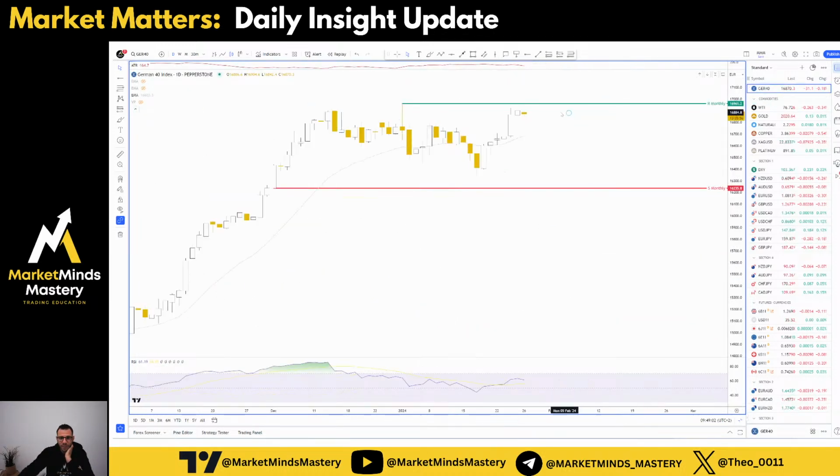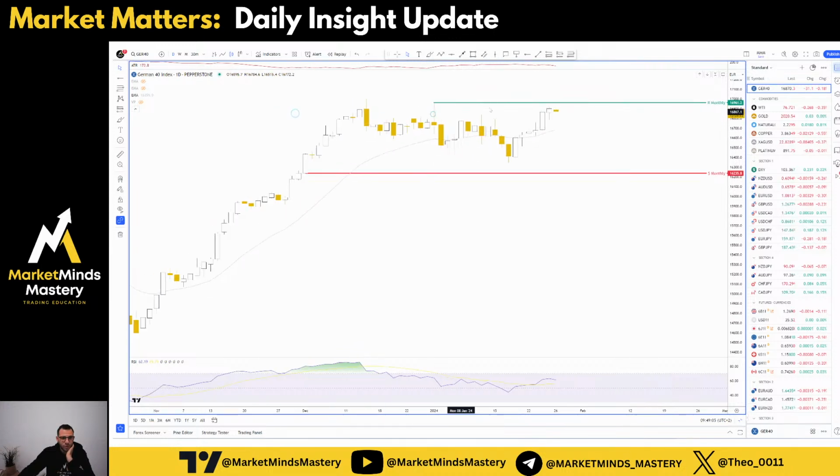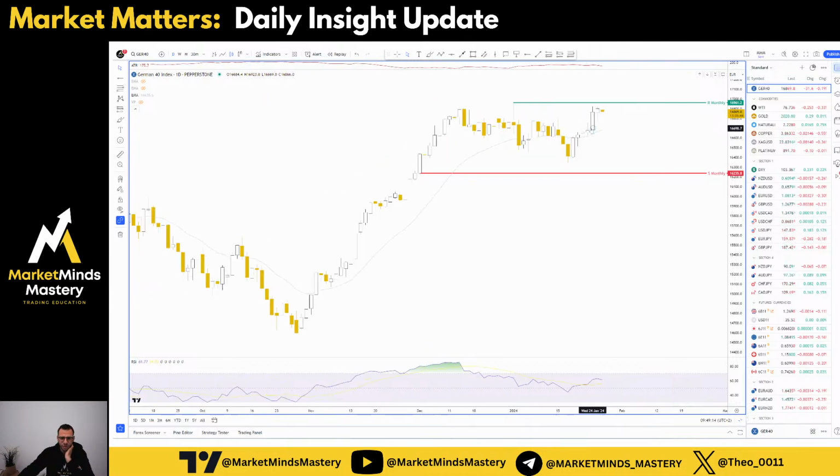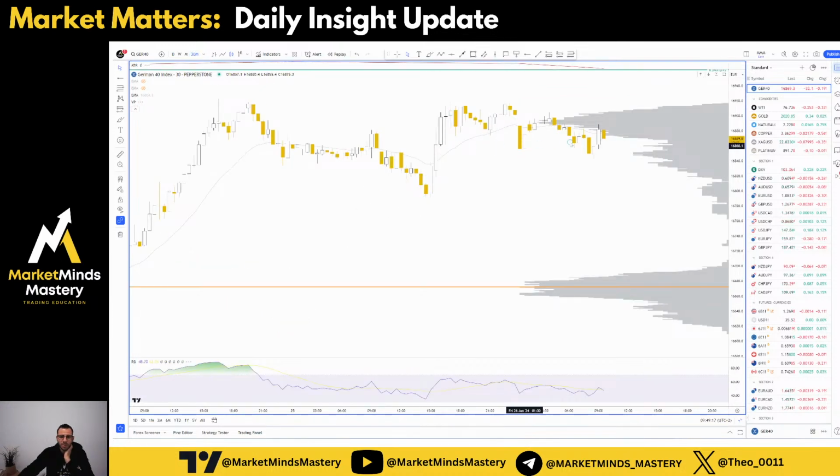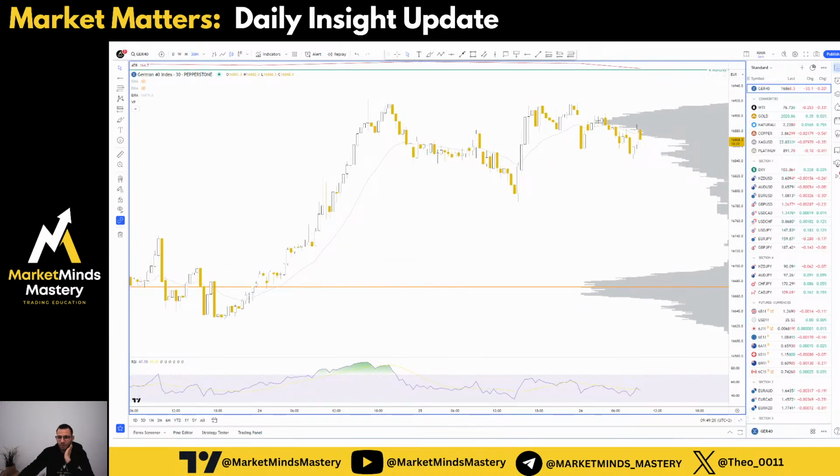And German 40. Maybe today we're going to see some push to the downside, because a hammer at resistance is a reversal pattern. Okay, one of the strongest reversal patterns. I'm not saying it's going to happen, because we don't know what's going to happen, but for sure the market is trading within this range. If you want to enter short from here and target this area for the London Open, that might be a good idea. If price breaks above this area here, then we might look for longs.